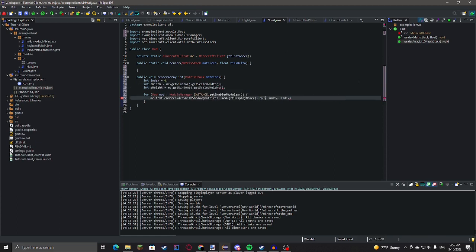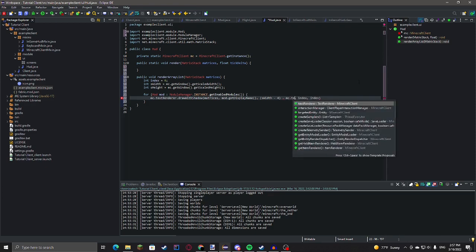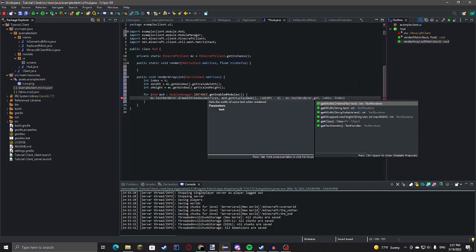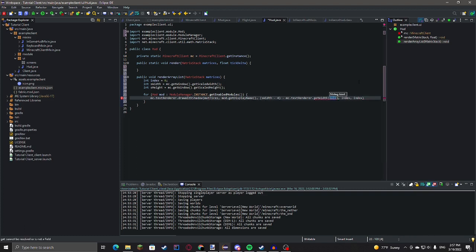So s width, I'll say -2, and then put this in parentheses. Or actually, I'll do -4, so this is 4 over from the very right edge of the screen, and then subtract mc.textRenderer.getWidth. So this is just going to get the width of the string,